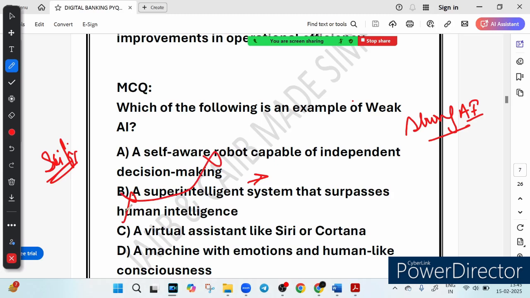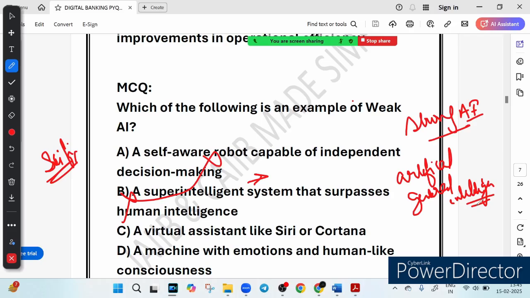Super AI is also called artificial general intelligence. So another name of super AI is artificial general intelligence, right? So it would be an AI system that can outthink humans in every way, learning, reasoning, problem solving, even creativity. But right now, no AI system can surpass human intelligence, right?